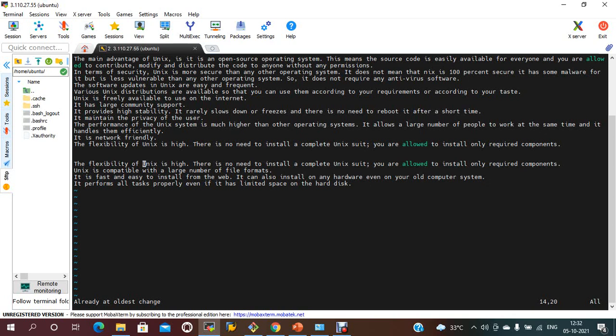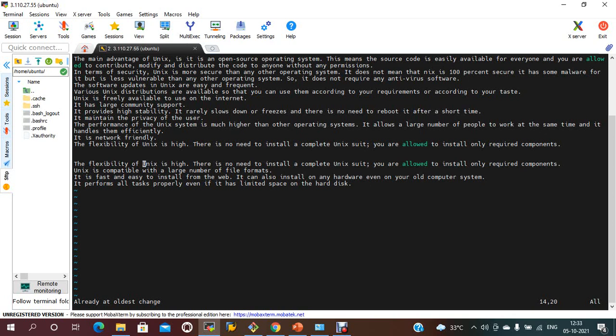So the delete options are x for a character, dw for a word, and capital D, and to copy use yy and to paste just P. There are many options available in the Vi editor.